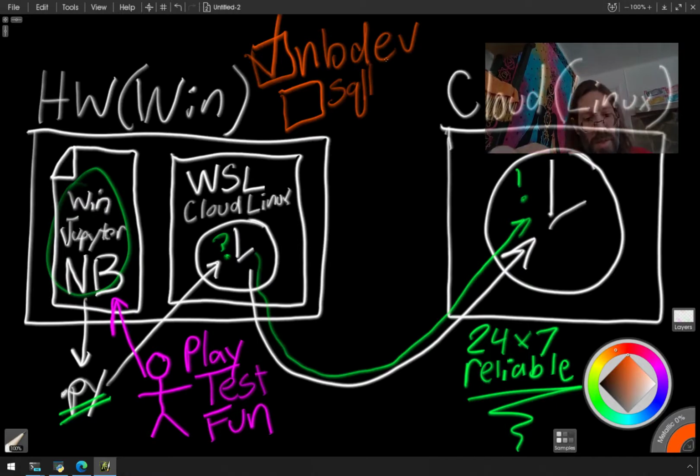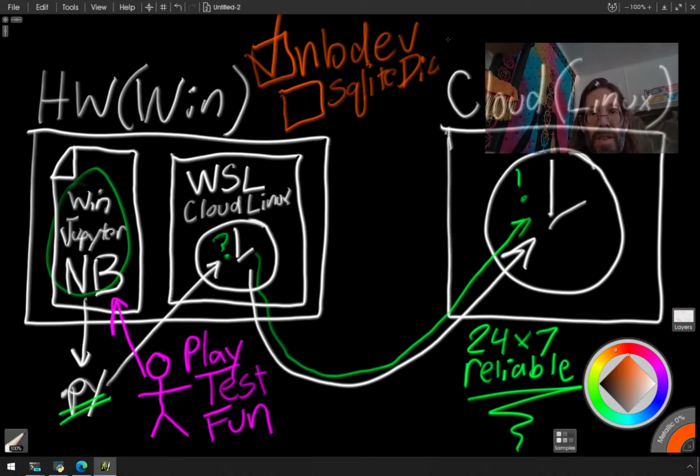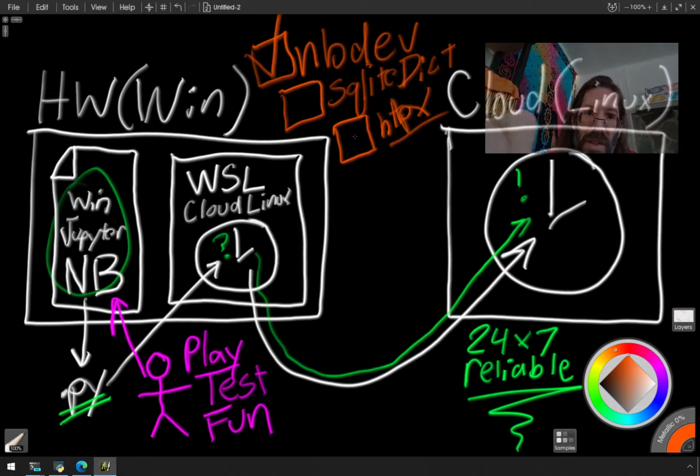SQLite Dict. It'll change your life. And let's see, a few other things that are really, oh yeah, I left just the right amount of room for it. HTTPX for concurrency. So these are the videos coming up where I'm going to be subtly adjusting